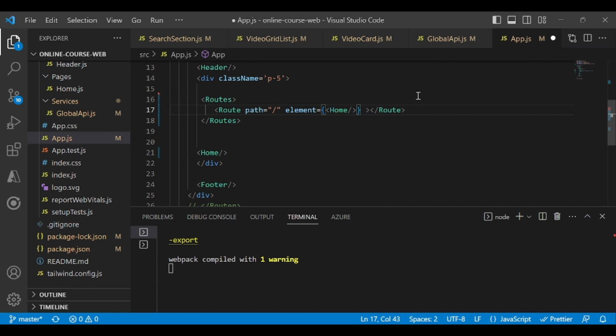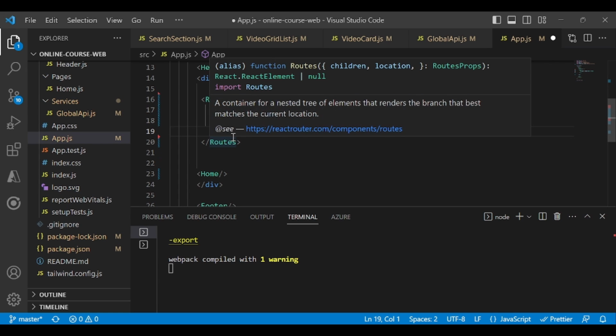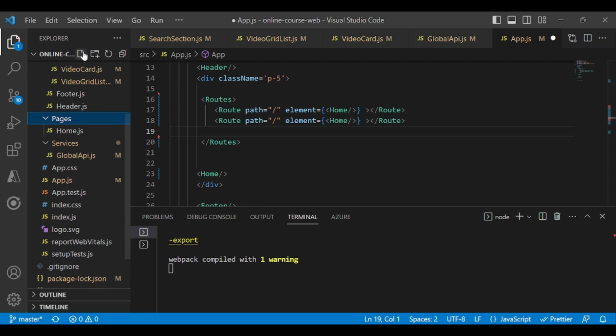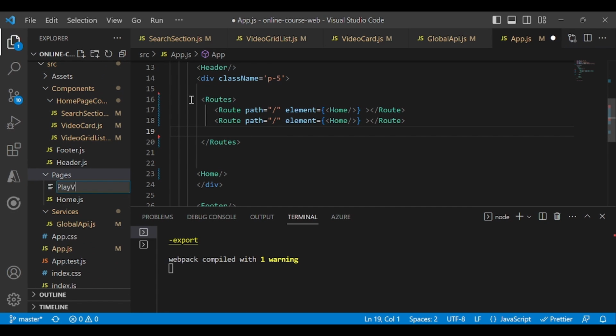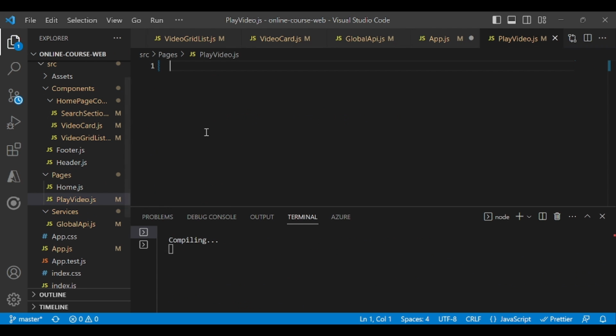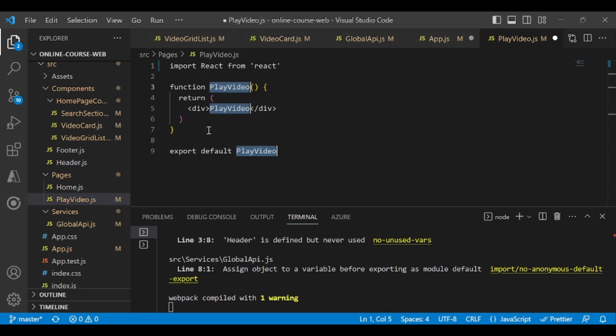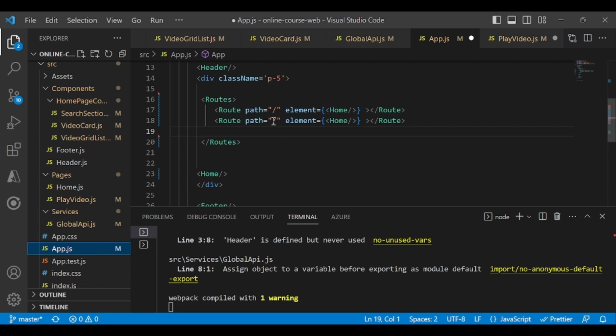Now the next route: we want to go to another page. So let's go to the pages section and add another page called PlayVideo.js. This is our new page. Add the default template. Now in app.js we have to define PlayVideo, the URL which you want to navigate to,